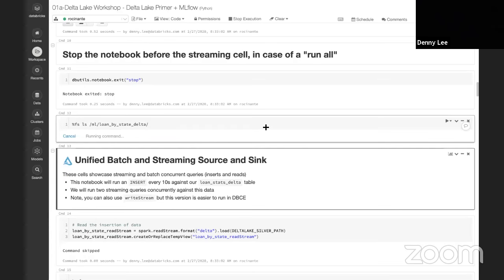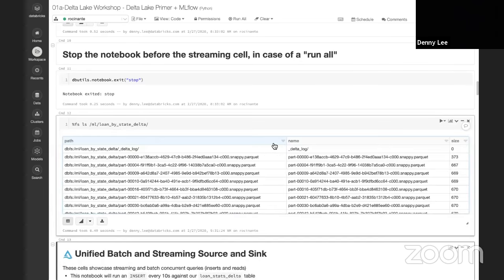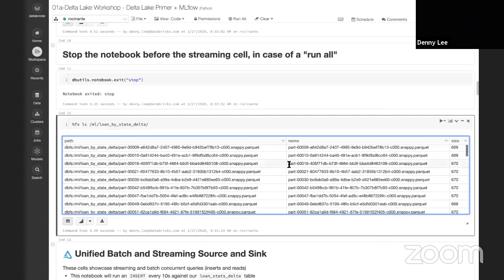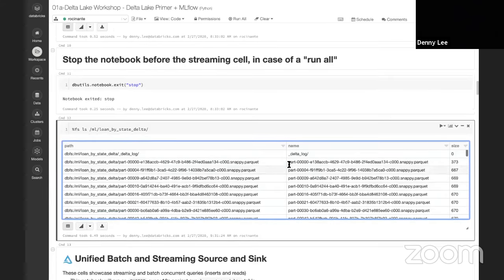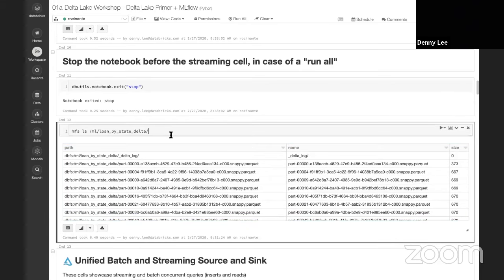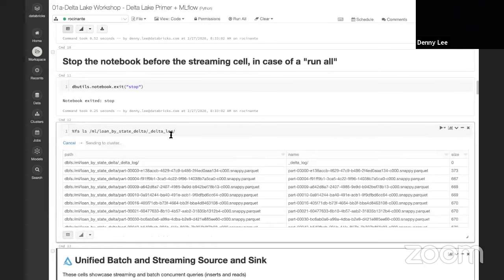Okay, so if I look at the file system, what you'll notice as it's showing its stuff is these are all the different Parquet files. This looks pretty similar to any other Parquet set of data that you are used to, okay? You have a table, loan by state Delta. It has a bunch of Parquet files, yay. Except the one big difference is this Delta log folder, okay?